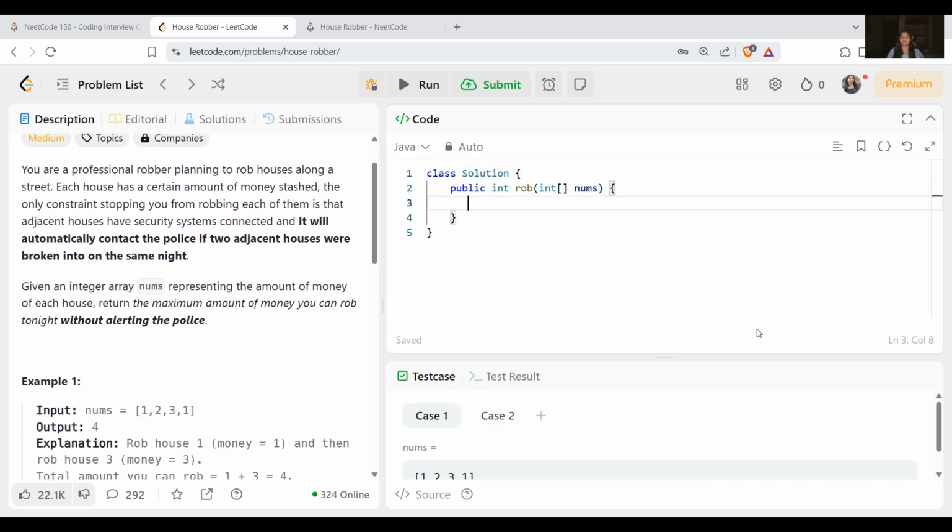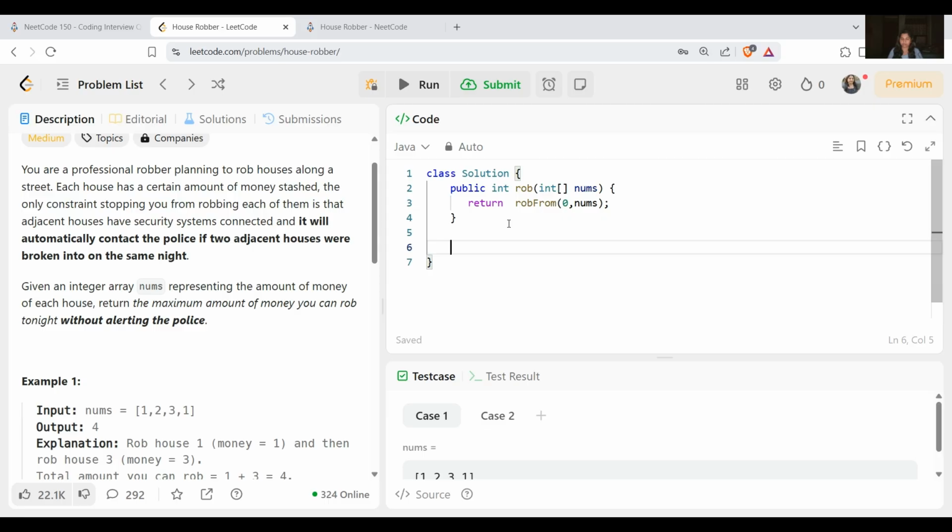We'll start with the brute force solution, and in it we will use the concept of recursion. We'll make one more method, we will name it rob, which takes the array, with the starting index 0, and we'll return the maximum amount from here.